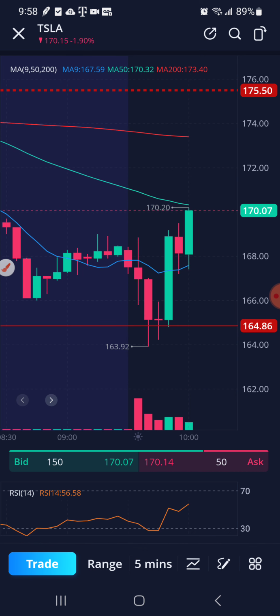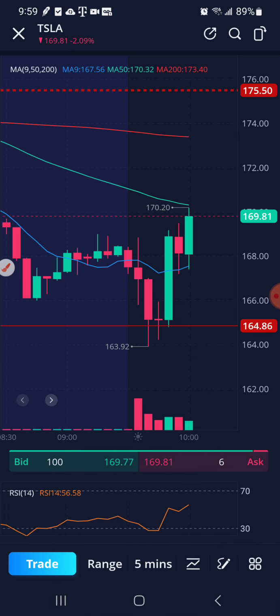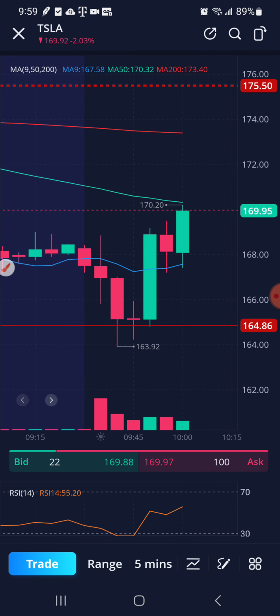I'm seeing if it hits this 50-day moving average here, this line. Oops, that's pretty bad. Hang on. Let me see if I can do a better job. Oh, pretty close. All right, so as it makes its way back up here, I'm going to see if it breaks that and then continues back up, which is pretty close. So as it's testing that line,